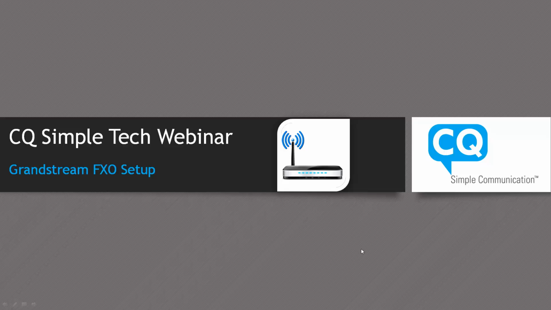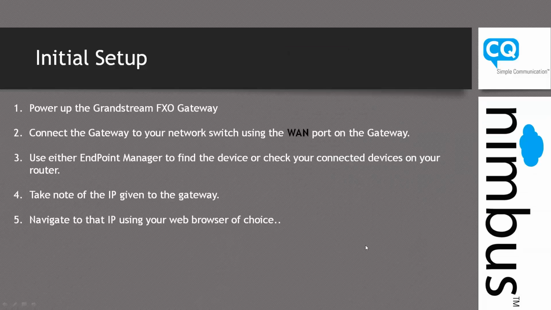Today I'd like to walk you through the connection of a Grandstream gateway to the Nimbus platform. The Grandstream FXO gateway, in this case, will be the GXW4104, a 4-port FXO gateway. It is utilized when the customer would like to continue to use POTS lines on the Nimbus platform. I'd like to talk to you about how to set that up, both in the gateway itself and in the Nimbus today. So the first thing you're going to want to do is take that Grandstream gateway, power it